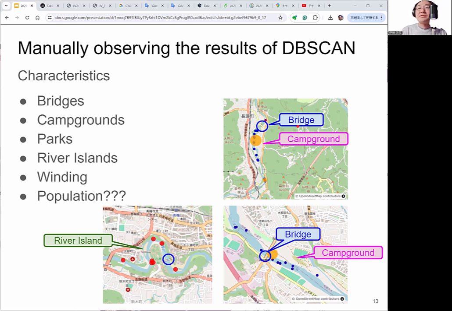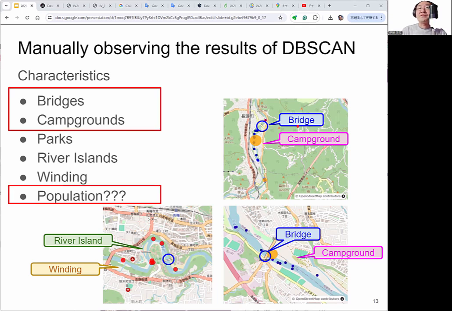And rivers are sometimes very winding, twisting, and we are not sure whether population is high or low around the hotspot. So at first, in this research, we use the information about bridges, campgrounds, and population data to investigate the relationships between hotspots and surrounding environment.